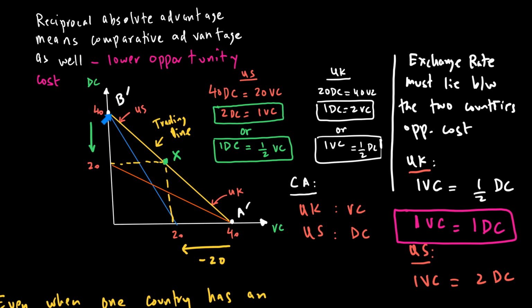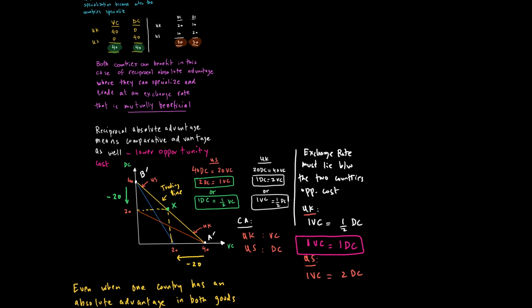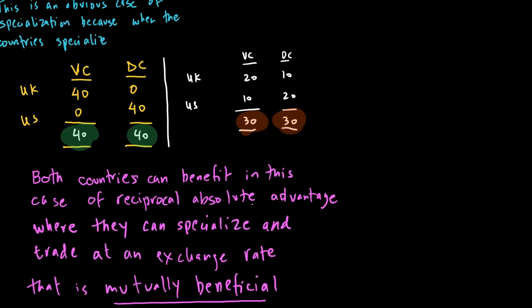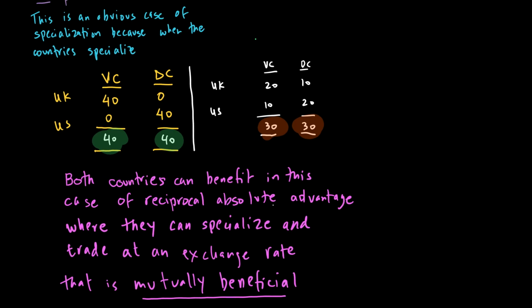Similarly for US, when they make 40 digital cameras, they're giving up 20 of their digital cameras, but they get 20 of vacuum cleaners. So both countries end up being at 20, 20. Now look at this 20, 20 kind of a scenario. Now I'm going to go back to this table. So previously, before specialization,